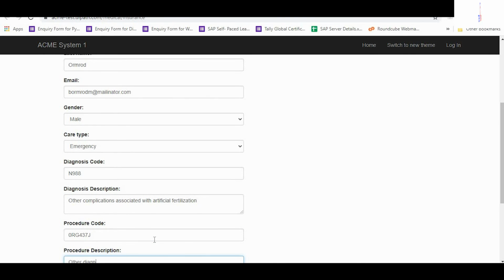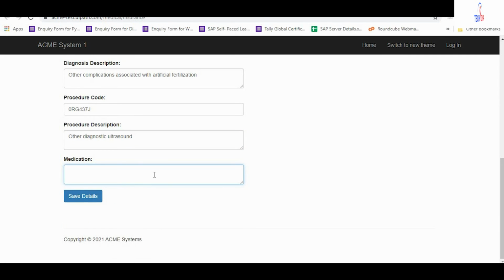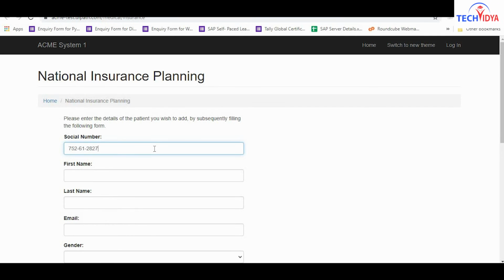As the process is automatic, it saves a lot of time, and in that time you can utilize your employees for other important work.